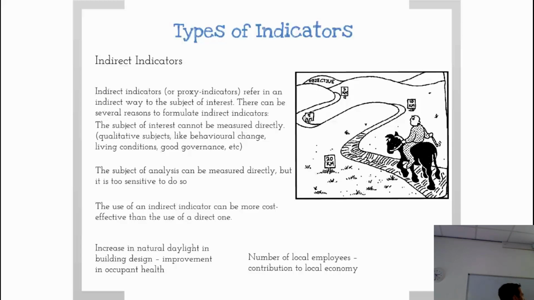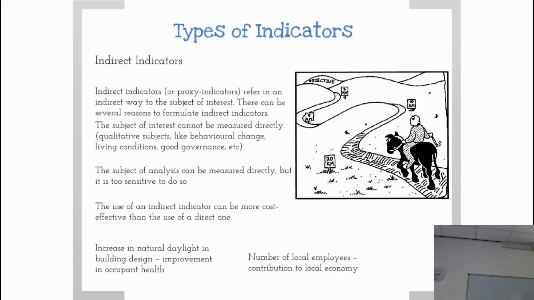So again, to give you an example on the projects I was working on, we were trying to improve people's health and well-being. How do you prove you've improved someone's health and well-being? So we had to come up with a set of indirect indicators to do that. So in one respect, we work with elderly people. We know that they need to have a certain temperature in a particular building to improve their health or to keep them at the optimum health.